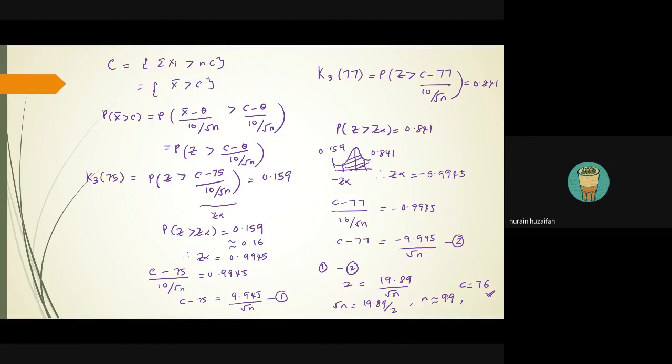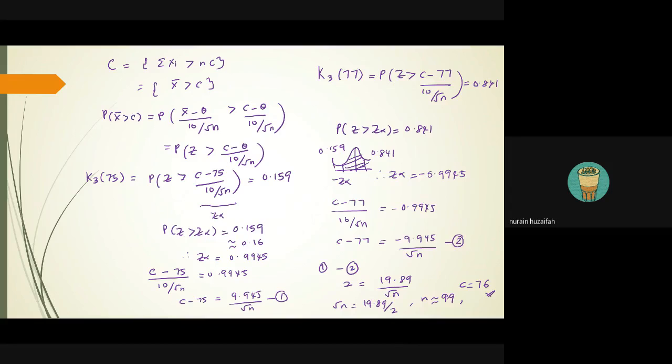Okay, so given the probability, you find what is your Z alpha. So this one 0.159. So you refer to your stats table. So Z greater than Z alpha is 0.9945. Okay, so you set up, you solve, you have the first equation. So second, we have the probability